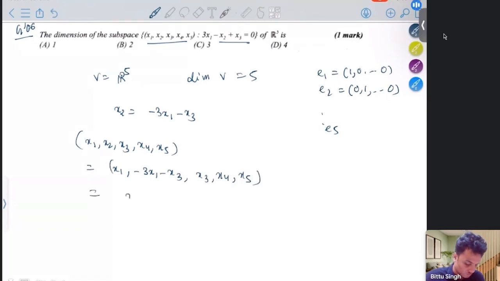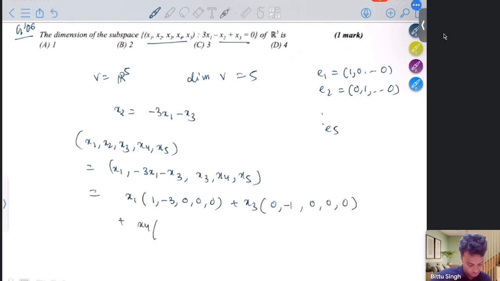So it is the same as x1 times 1, minus 3, 0, 0, 0, plus x3 times 0, minus 1, 1, 0, 0, sorry, there will be another one because the coefficient of x3 is 1 here, and those are the second entry, plus x4 times 0, 0, 0, 1, 0, plus x5 times 0 everywhere,